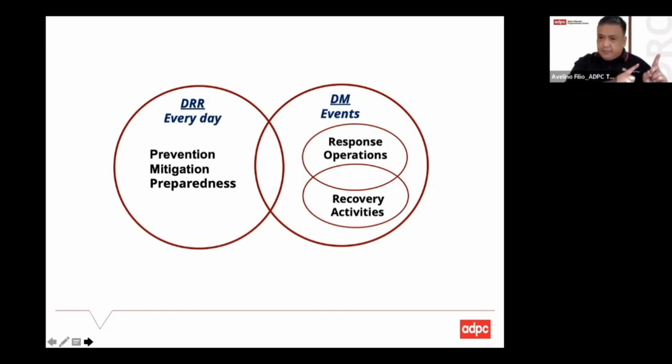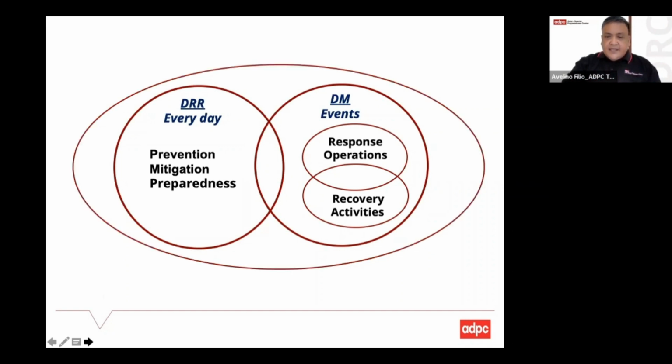Now, as I earlier pointed out, preparedness overlaps with disaster management because there's what you call preparedness for response and preparedness for recovery. In fact, the quality of your response and recovery is measured by how well you prepared. Okay? And the biggest circle is what you call disaster risk management. And disaster risk management facilitates sustainable development. And take note,